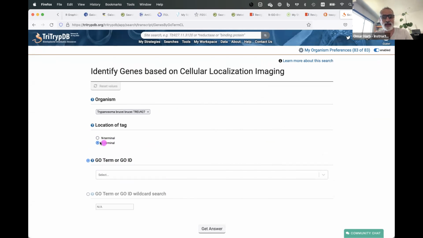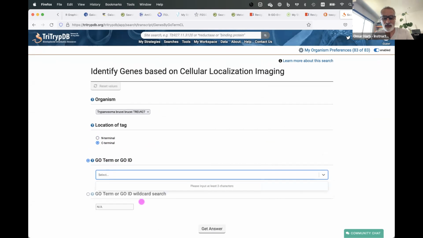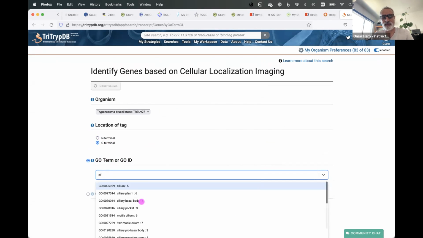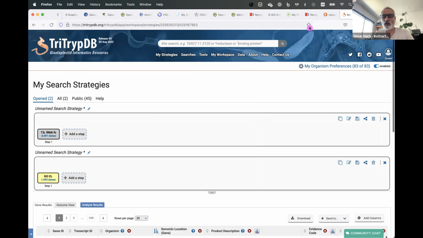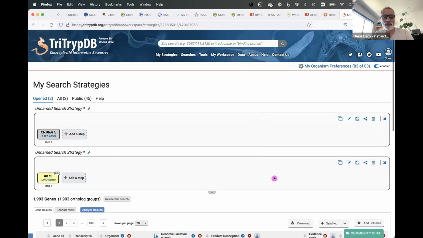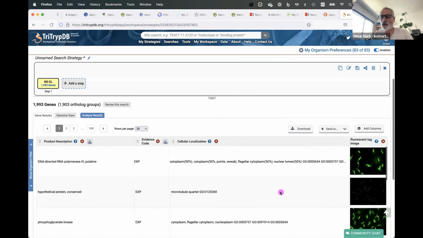So I can go in and say, find me genes that are C-terminally tagged, and we use GO terms to categorize the description of these proteins. They actually use GO terms, so it's very nice, and it makes it easy for us to integrate. So for example, if I want to look for cilium, I can ask for any genes that were localized to the cilium based on the GO term. There are about 2,000, and you get some information here, including images, which you can look at more closely,